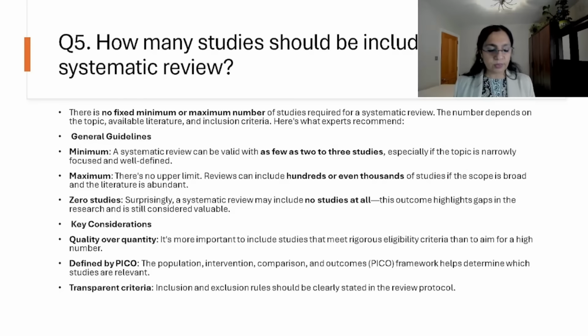There are other types of frameworks also available. Transparent criteria. Inclusion and exclusion rules should be clearly stated in the review protocol. So there is no fixed minimum or maximum number of studies to be included for a systematic review.